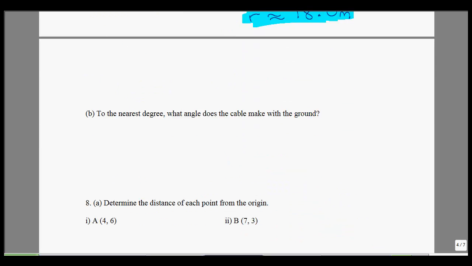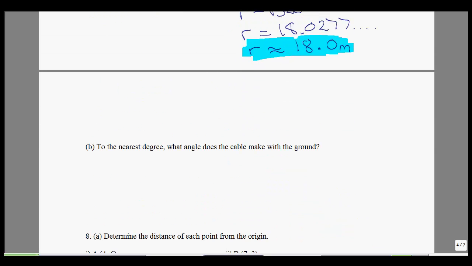Part B says, to the nearest degree, what angle does the cable make with the ground? So here we're looking for our theta value. Let's use a trigonometric ratio, and more specifically tan theta, which is 10 over 15, our y over our x, right? So solving for theta, we get tan inverse of 10 over 15,